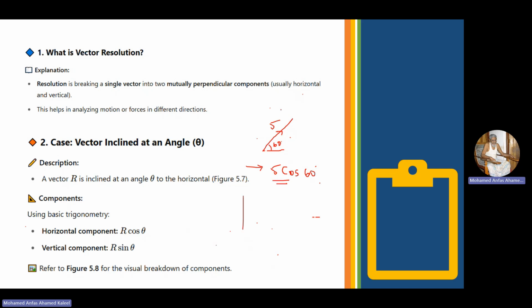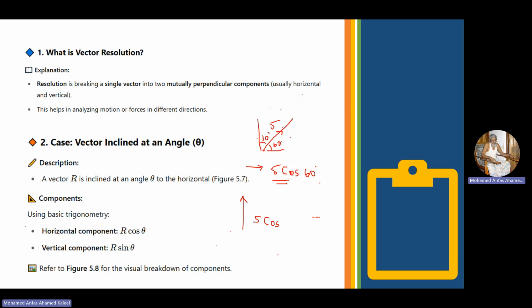Then what is the vertical component? What is the angle for the vertical component? It's 30 degrees. Now what is the vertical component of this resultant force 5? Don't think cos or sine, only put cos. Now consider the angle. Which angle do you have to put, 60 or 30? Yes, you must put 30, because you are always using the cos,